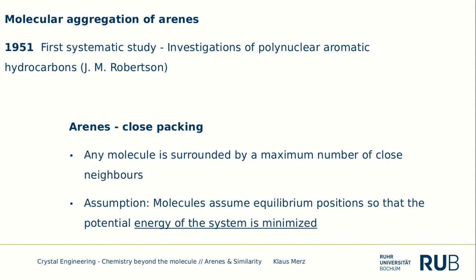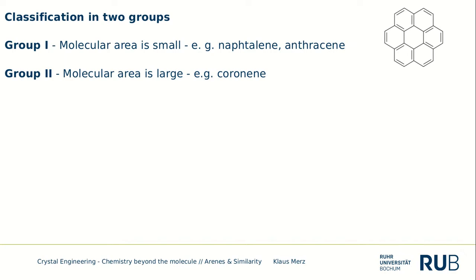And the assumption is molecules assume equilibrium positions so that the potential energy of the system is minimized. Yes, and this is exactly what we assume in the case of close packing. What Robertson found,